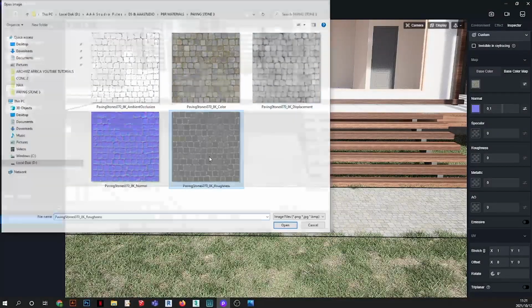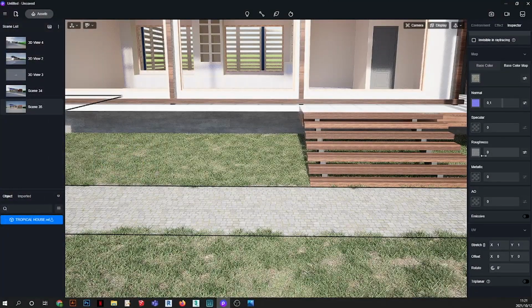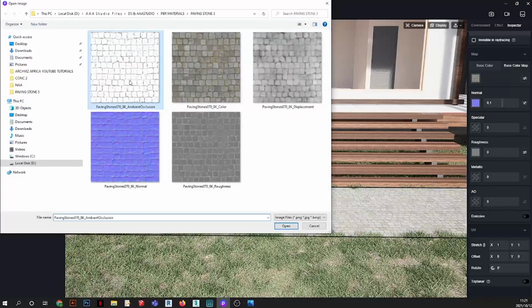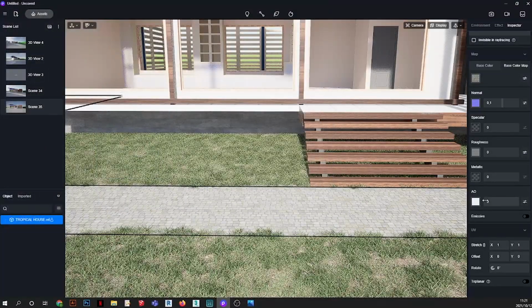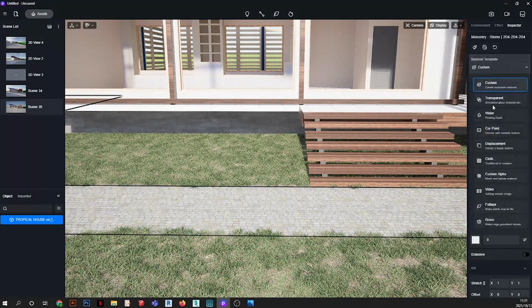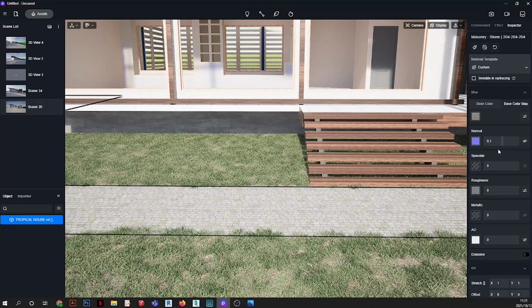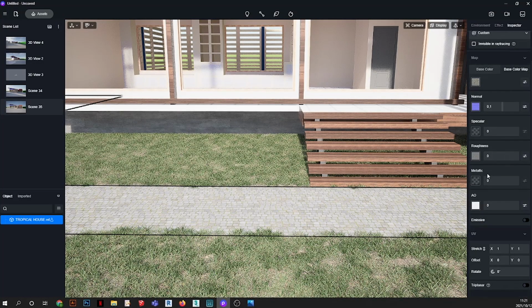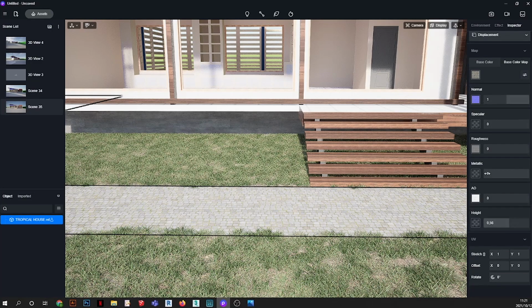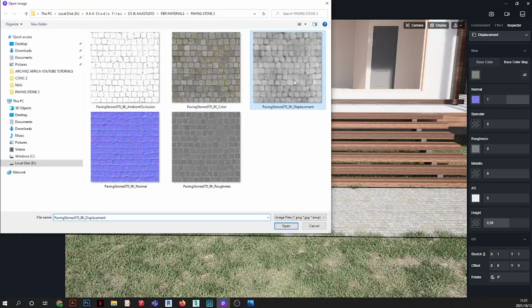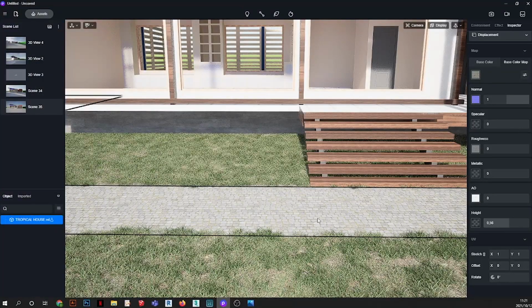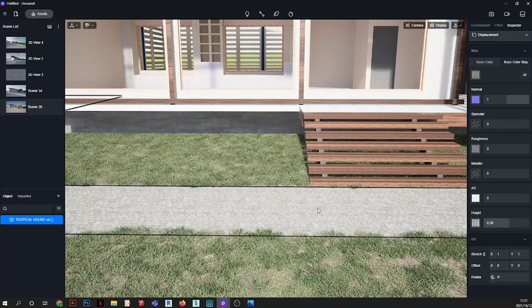Roughness, and then our ambient occlusion, and then again add our displacement to it, which you see is quite evident with this one. So we're gonna add our displacement, and